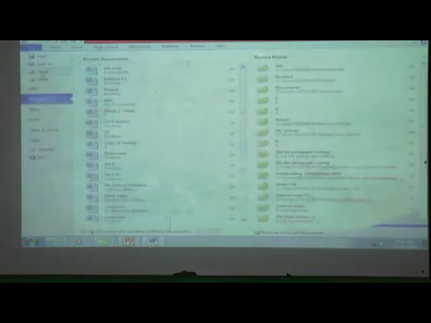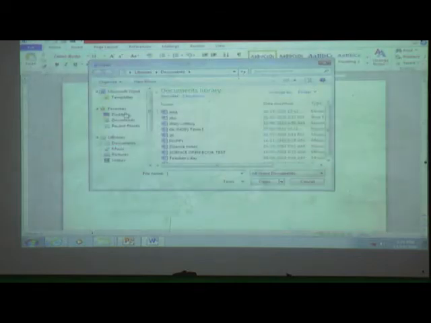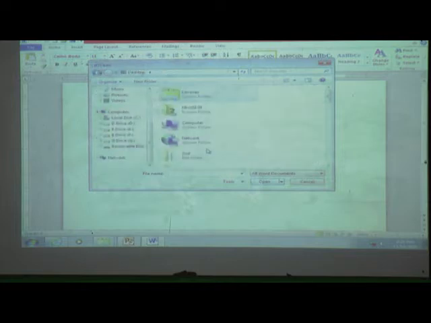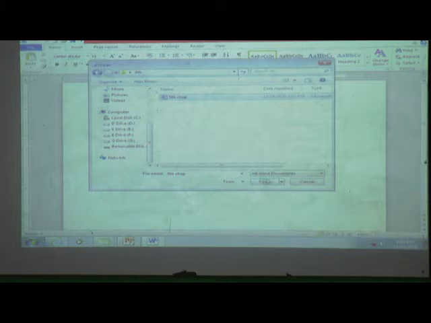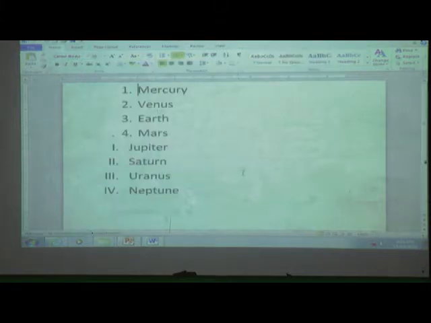Click on the File button, then the Open option, then select the path where we stored this file, on the desktop. Then the folder name is 4th, then select the file name and open it. Got it everyone? How to save the file, how to open an already existing file.